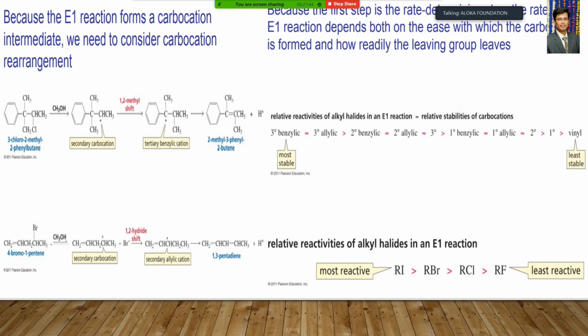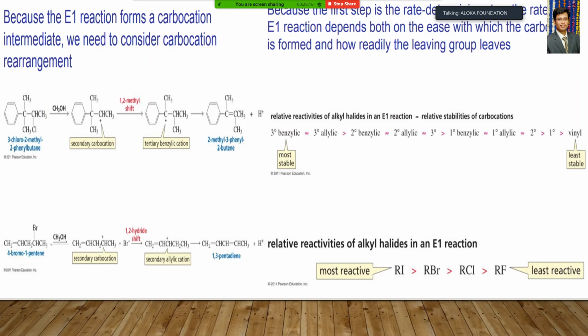It undergoes a first step to form a secondary carbocation. But you know that there will be a 1,2 methyl shift, because from the secondary carbocation you get a tertiary carbocation, which is more stable. When the methyl group migrates,